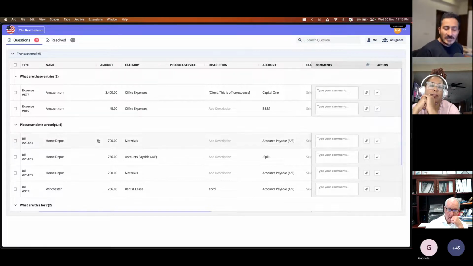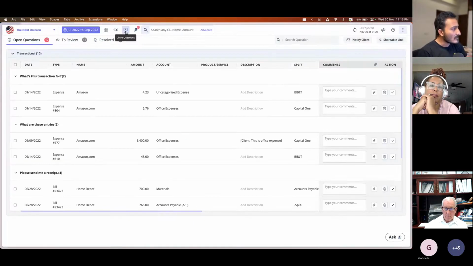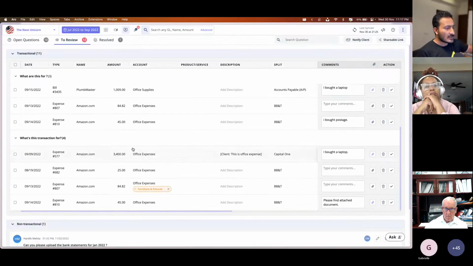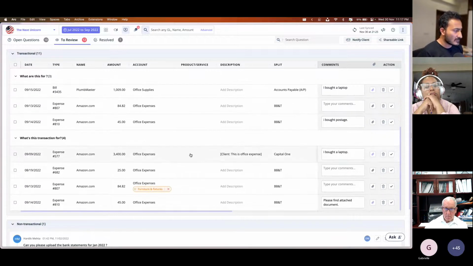So the way it's also going to work is that once the client has submitted their response, on the accountant side, when you're in Xenett, there is a view here that says client questions. In this particular case, you can see all of those questions that they are still waiting on from the client. Anytime you have received feedback or a response from the client, you're going to find it here under to review, and you can see that these are all of the questions where your client has submitted the response,